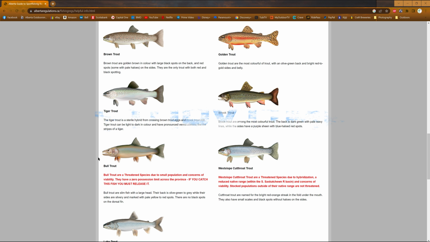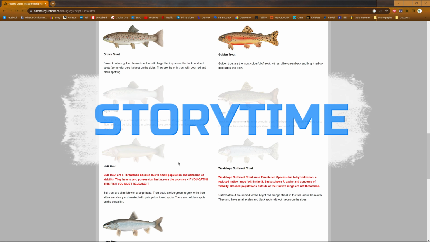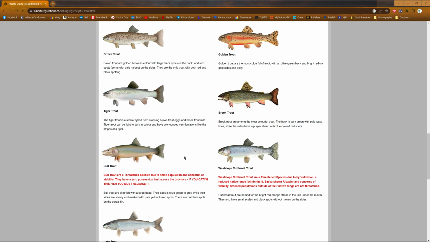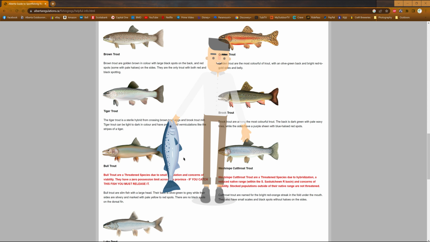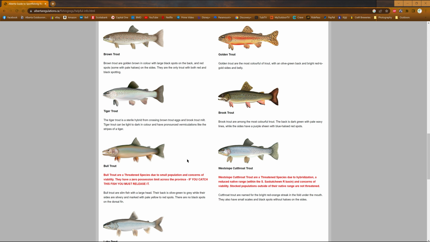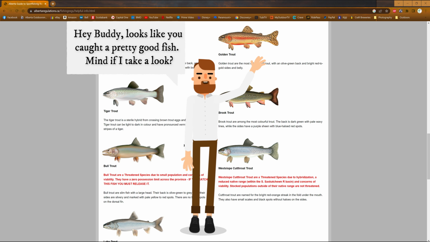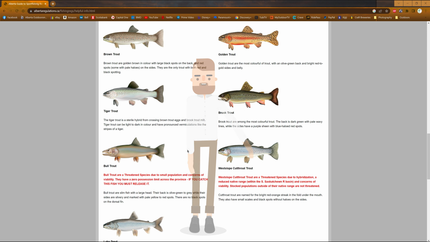One quick story I will tell you guys now: I was at Lower Kananaskis Lake one year with a buddy of mine. We were getting our fly rods ready, and this guy came up the bank and he had a trout. I immediately knew what kind of trout it was, but he went and put it in his cooler. So politely I went over and asked, "Hey buddy, you got a pretty good fish, mind if I take a look?" "Oh yeah, I caught the best rainbow of my